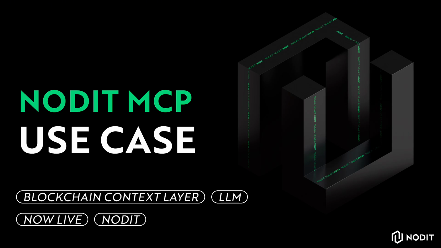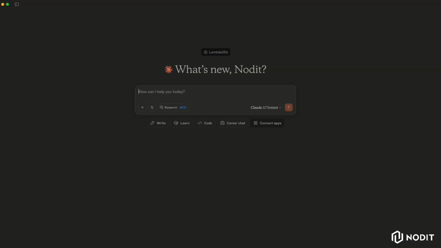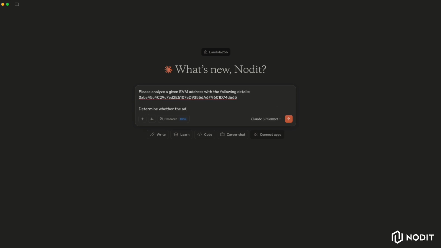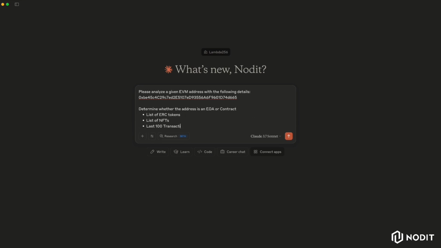Now that we've set everything up, let's walk through a real use case to see Nodit MCP in action. This time, we will build an app that analyzes a given EVM address when it is entered. Please write a prompt that includes the desired features and requirements. I would like to retrieve the tokens and NFTs owned by the wallet and analyze data related to its transactions